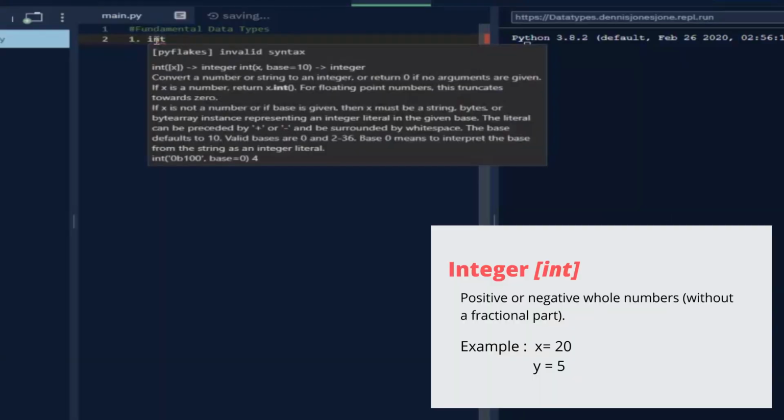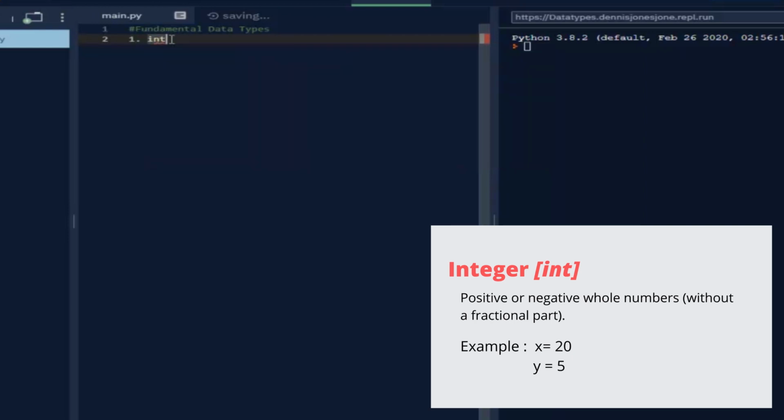The first is integer, or int. It is a positive or negative whole number without a fractional part. Example, x equals 20 and y